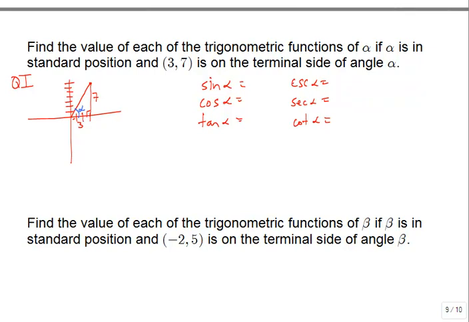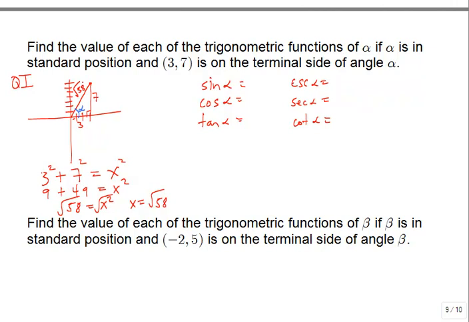Well, we've drawn a right triangle. So if I wanted to know what sine of alpha was using our right triangle definitions, it would be opposite, which is 7, over hypotenuse, which currently I don't know. So we are going to need to figure out what that hypotenuse is. But since I know the two legs, we can use the Pythagorean theorem to figure it out. So leg squared, 3 squared, plus the other leg squared, 7 squared, has to equal that hypotenuse squared. 3 squared is 9, 7 squared is 49. When I add those, I get 58. And when I take the square root of both sides, that tells me that this hypotenuse is